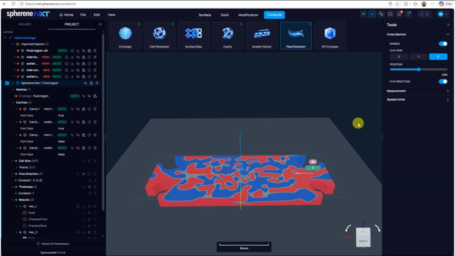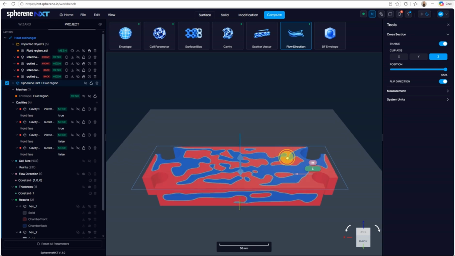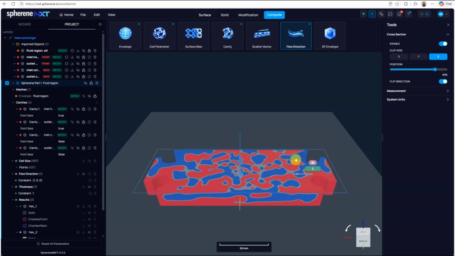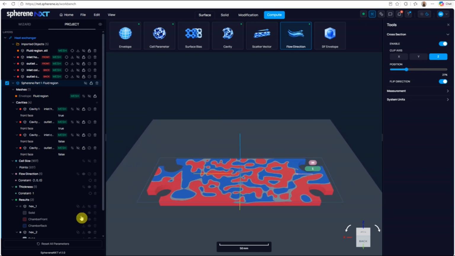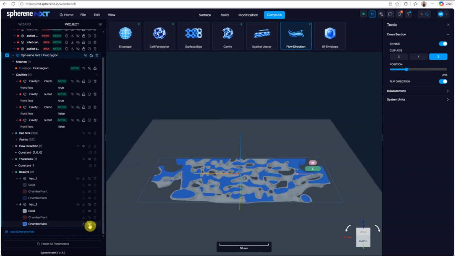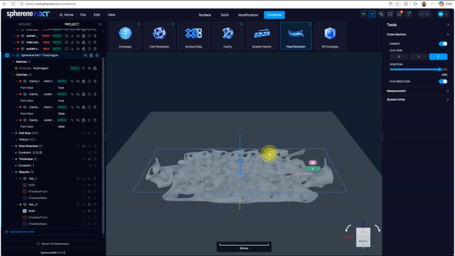So I flip the direction. Look at here. So based on our point map, we wanted more density of the walls in the center and less density of the walls around the inlet and outlets to avoid the pressure drop. And here is the result that we got. If I hide the channel A and channel B, this will be your